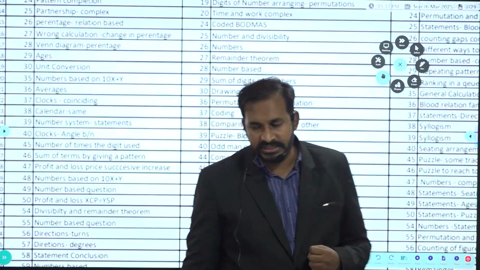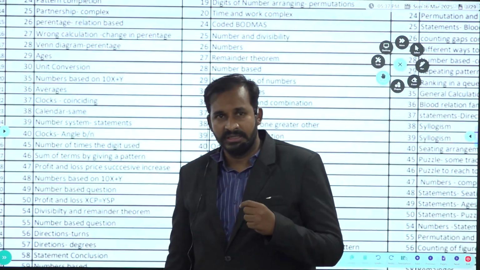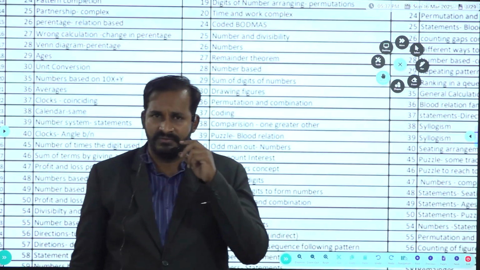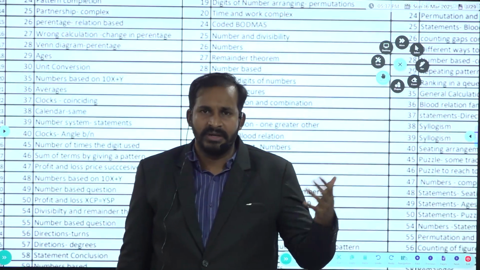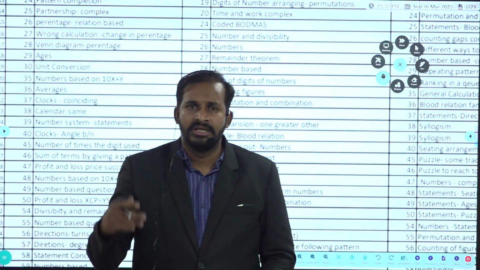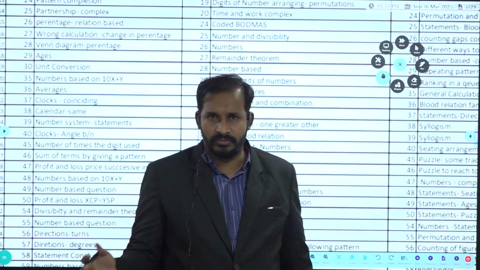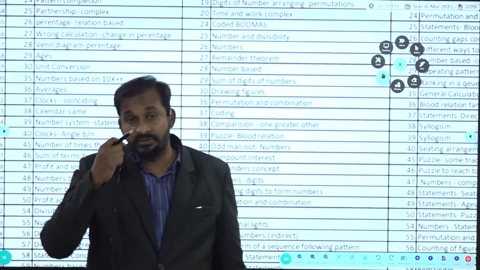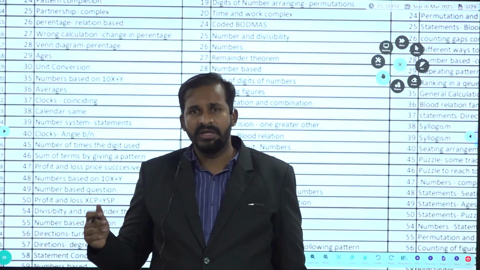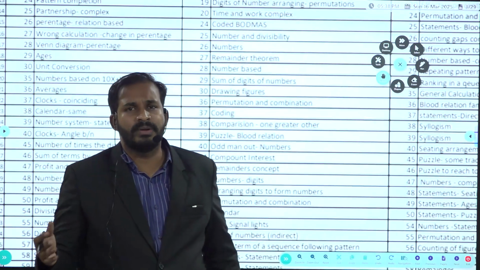And next, one more thing: most of the students feel that they have attempted various government examinations, like SSC CGL, banking examinations or any state level group examinations. So what they usually think is, we know we are good at maths, so there is no need to practice this CSAT.